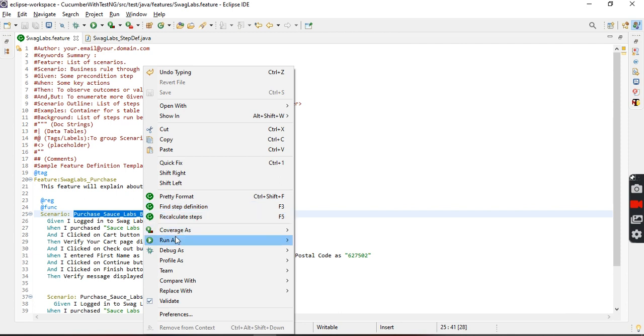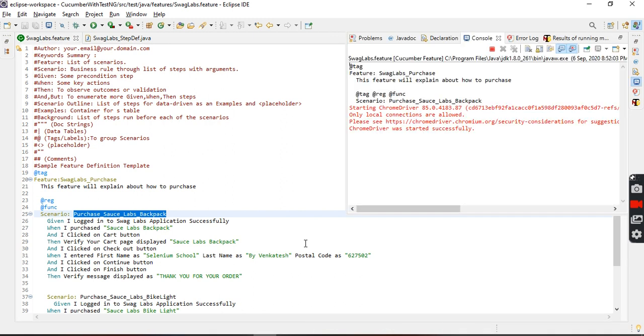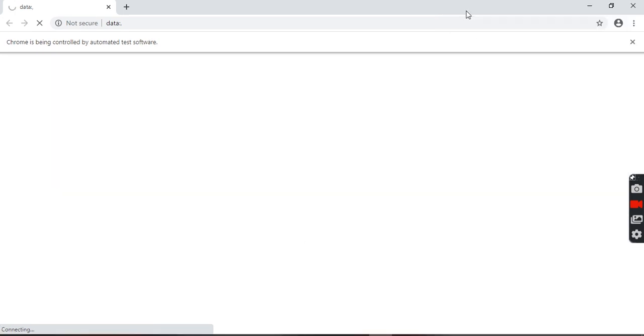Selecting run as Cucumber feature. It will go a little speed because I didn't put any wait over here. Okay, let me maximize it.